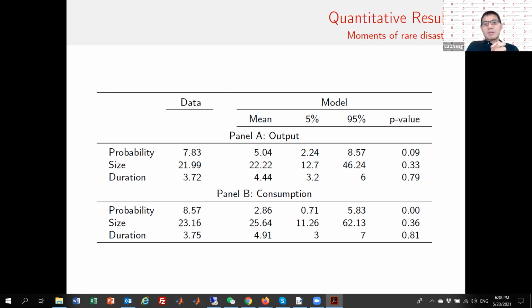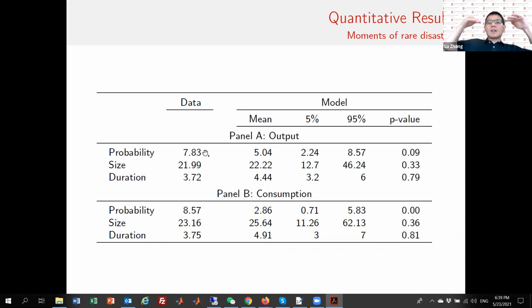were reporting in their 2008 article. They were reporting 3.7, high threes, slightly less than 4%, and our estimates are a bit higher. Somewhat higher, or quite a bit higher, depending how you see it. But the bottom line is that our output disaster probability in the model is 5%, which is somewhat lower than what we estimated in the data, 7.8%.